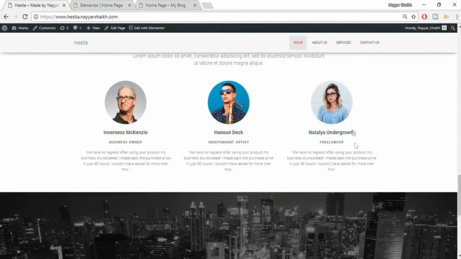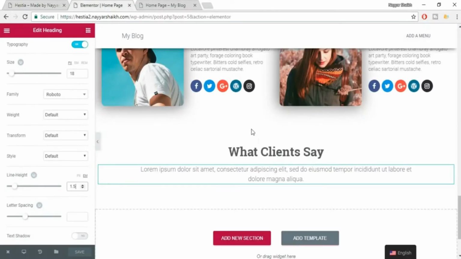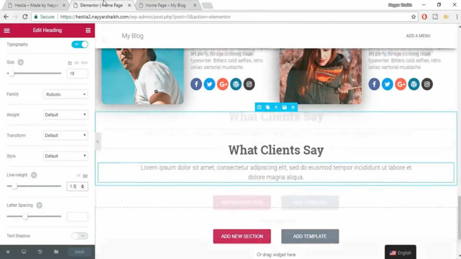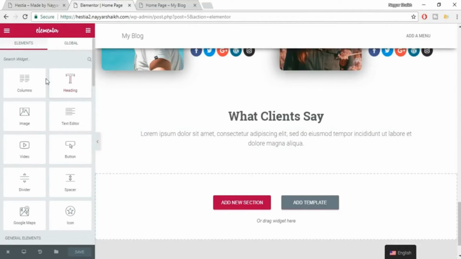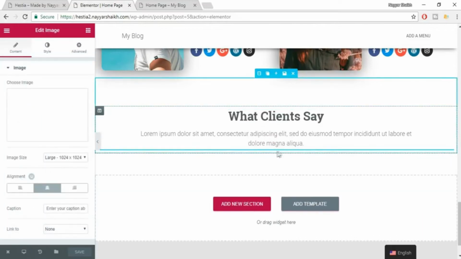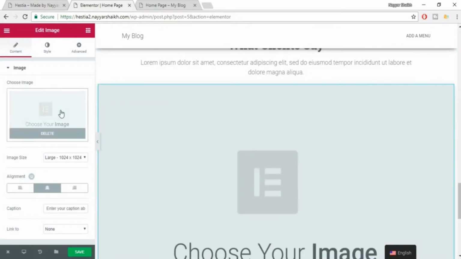Now let's add these things here also. This is a very amazing section. I really like this section. Okay, so here what you have to do first, there is an image, text, very easy. Okay, so come back over here. Okay, let's select this image, bring this thing over here, fine. So we have our image, select the image,